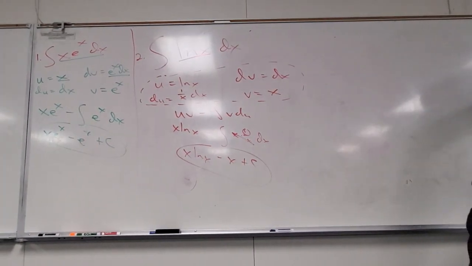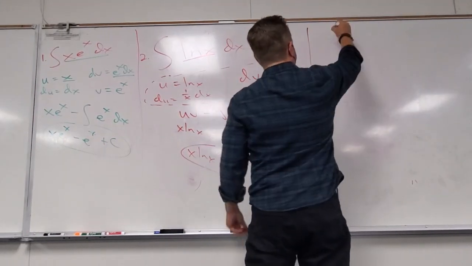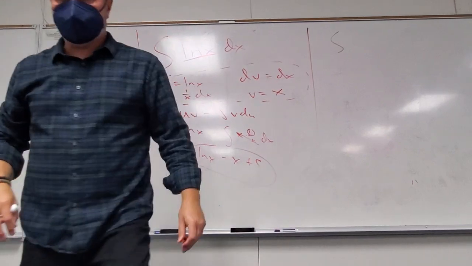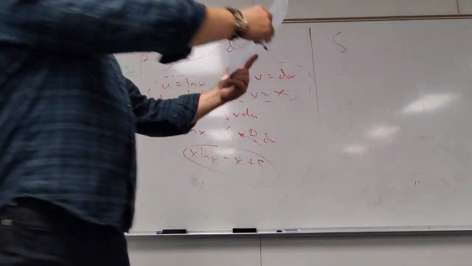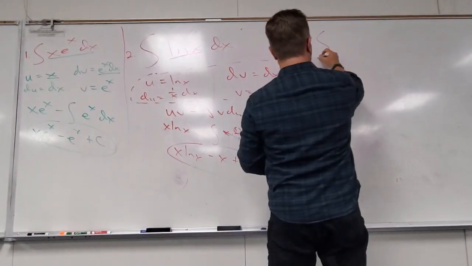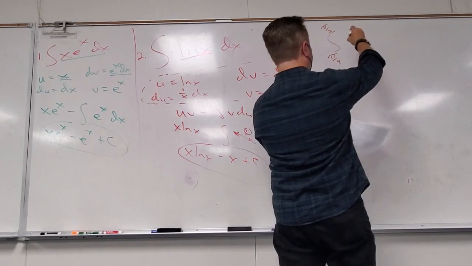So that I understand. And then the last one, let's see. What was the last one? Oh, that was the definite integral. Yeah, that's the fun one. All right, let's see. What was it, one-sixth or 1? No, it's totally not the one you're thinking about, Jeff. Pi over 4 to pi over 2 of x